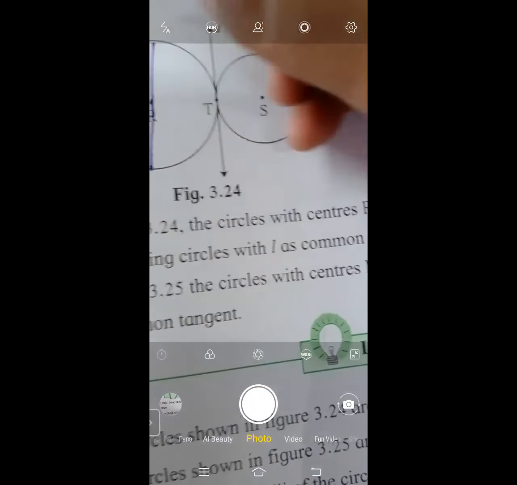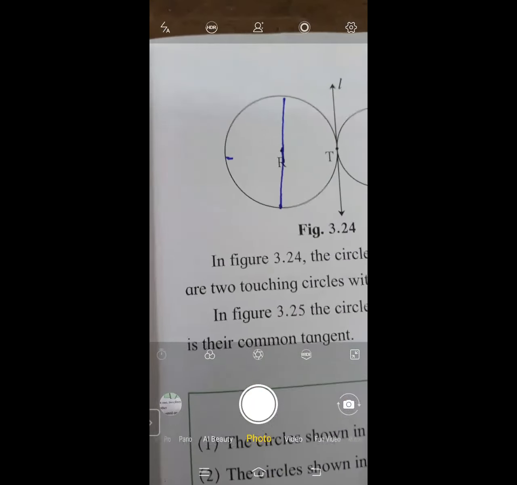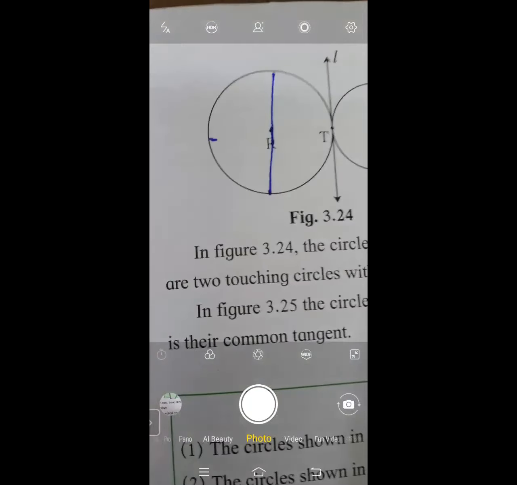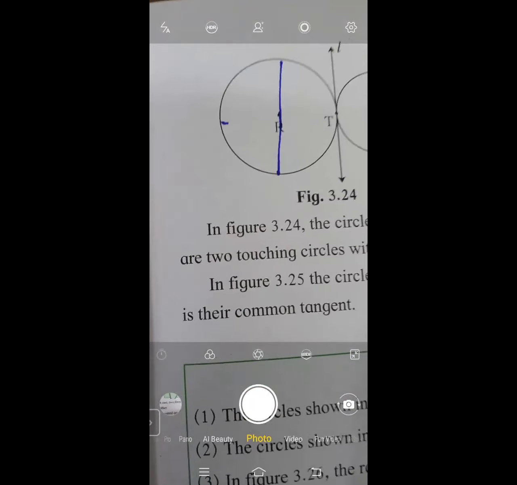Now you can see that this chord divides the circle into two parts, and if you take the half part, its measure will be 180 degrees. You can take the half part from this side also, and its measure will be 180 degrees. Now the diameter will change. Sometimes it will be horizontal, sometimes it will be tilted, but you should know that if it is a diameter, it divides the circle into two equal parts, and one half part is called a semicircle.